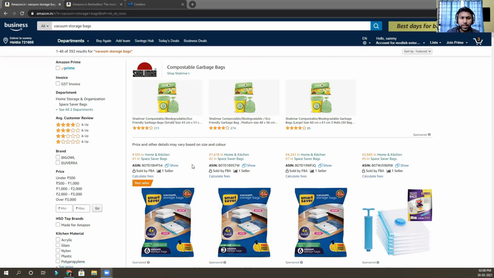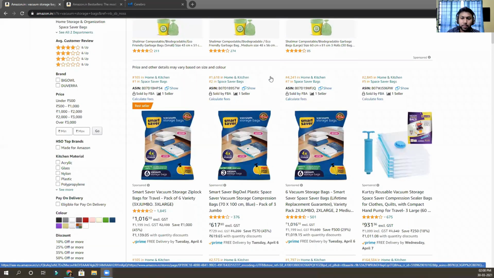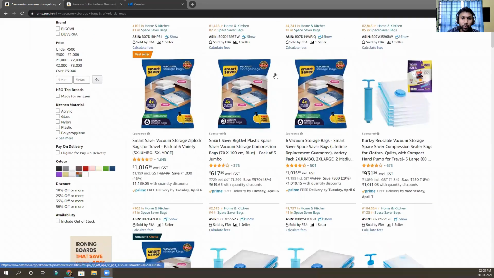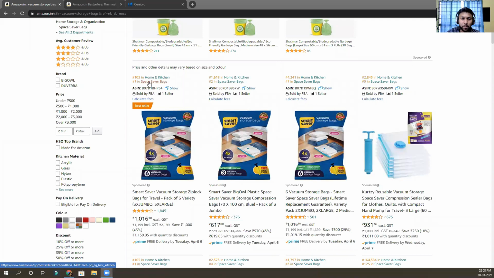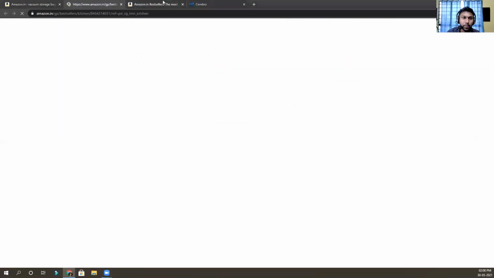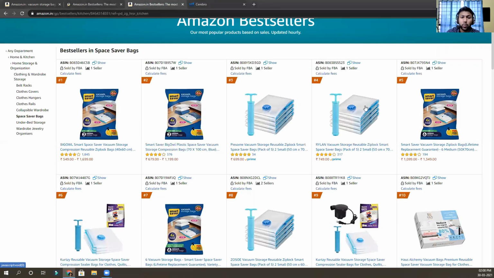So for that, let's take an example of this vacuum storage bags. Okay. So this is vacuum storage bag. The market is really good. Okay. So then what we have to do is we have to go to the top seller subcategory. Okay. So this is the subcategory I have already opened. So now we are going to select, like if suppose we are going to launch in this market. So I am going to select 10 top competitors. Okay. So first one should be obviously the top seller.